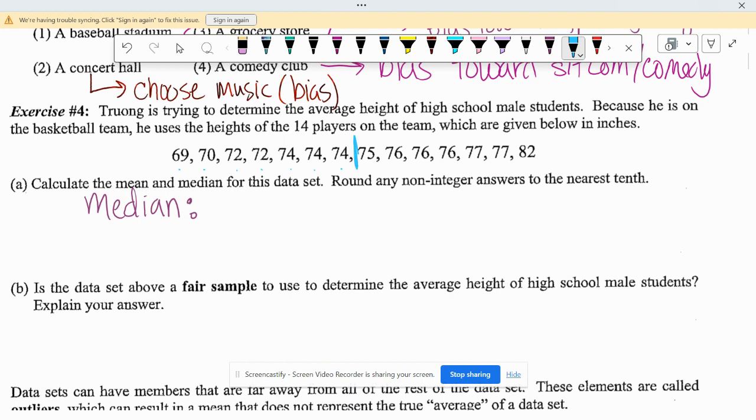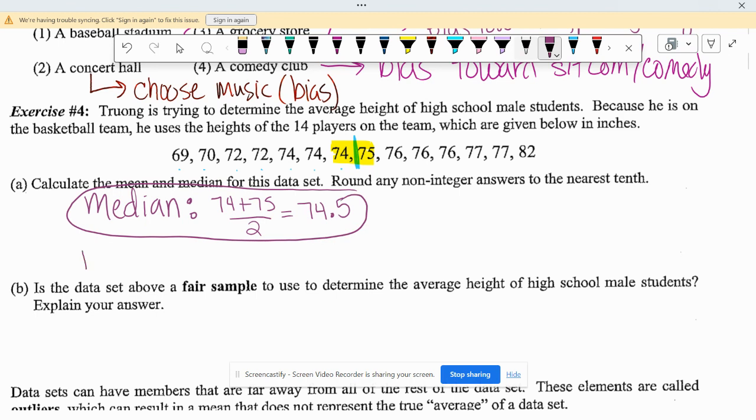So the middle is right here. So I need to find the average between 74 and 75. 74 plus 75 divided by 2 equals 74.5. That is my median. If I wanted to find the mean,